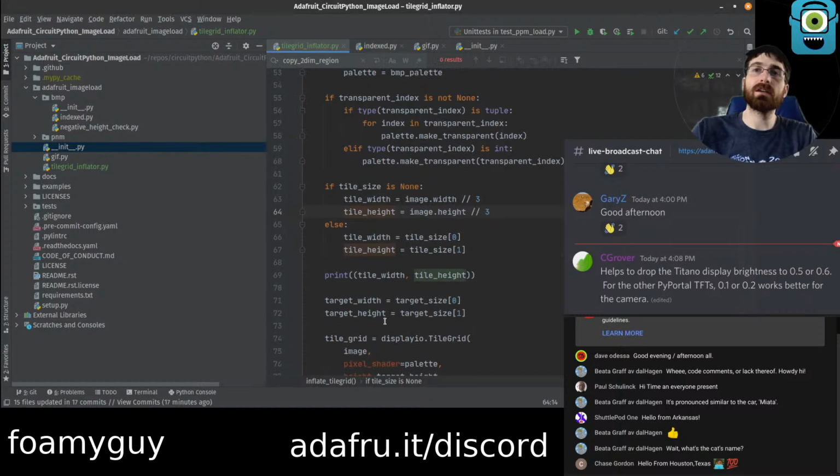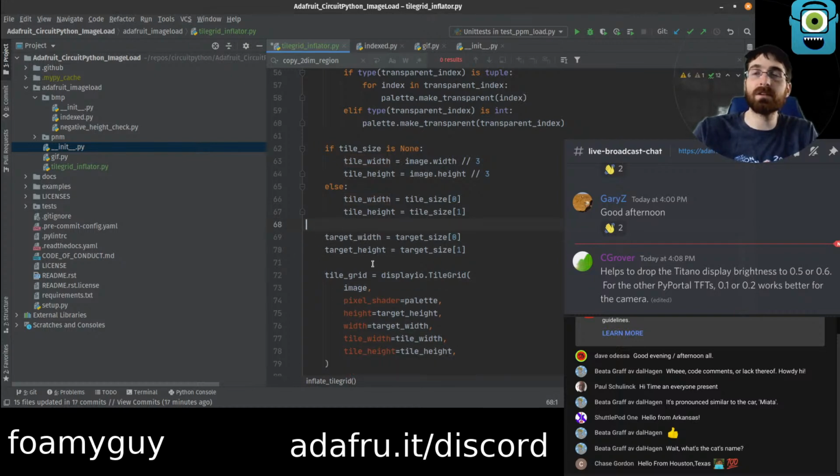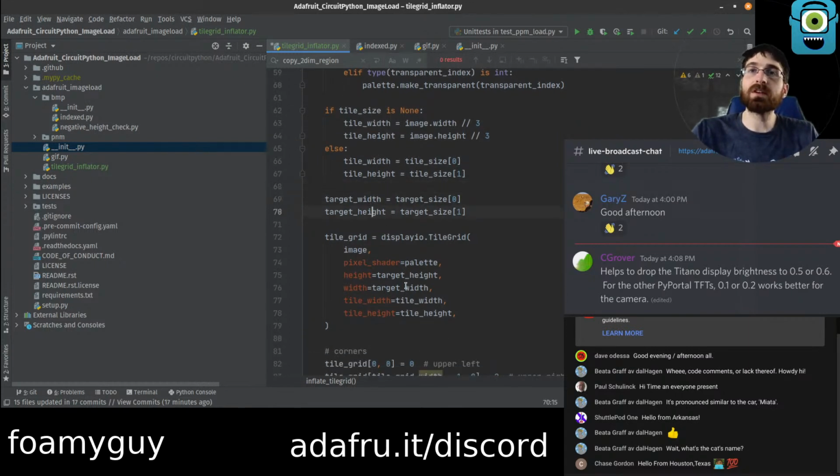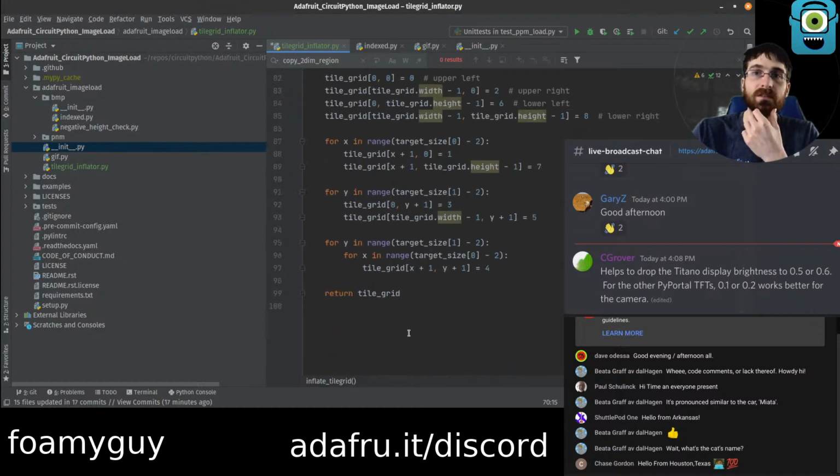Tile width, tile height. I guess we could put those in a tuple and get by with just one. I kind of think the code is more clear with them separated though, right? Because then you can read it and see tile width, tile height, rather than just knowing that 0 index is width and 1 index is height, right? Like that's extra stuff you have to process. Which is how we accept the argument anyway, so I suppose maybe could keep it the same. Target width and height. I don't know. I like the code better with it this way, truthfully. Tile grid. We definitely need a tile grid because that's what we're making.